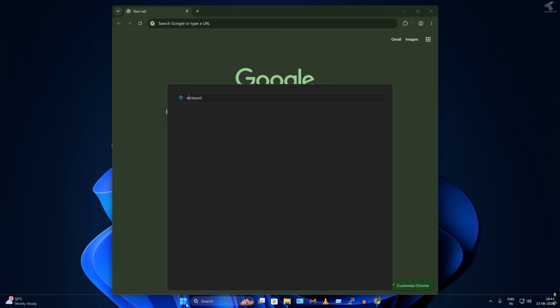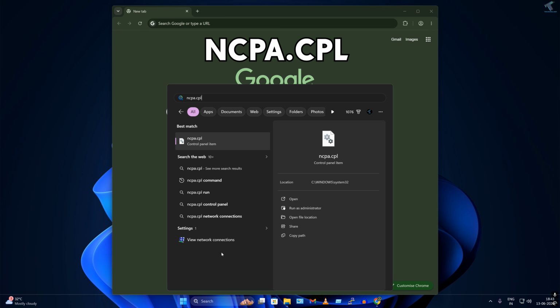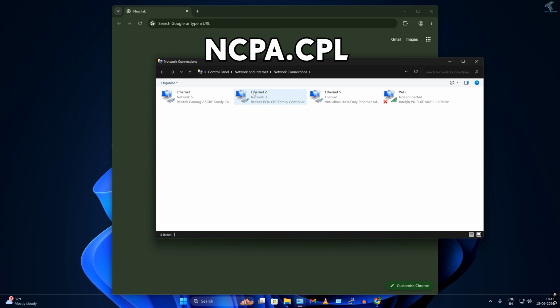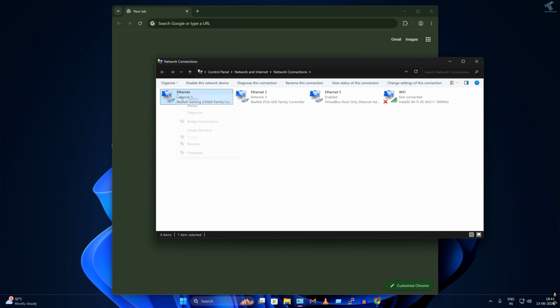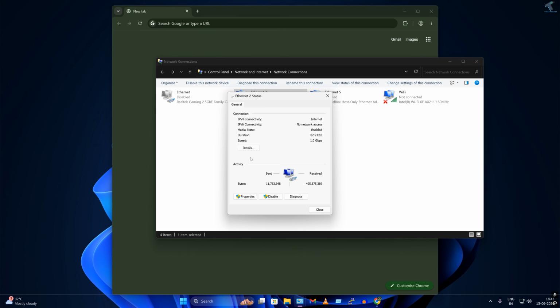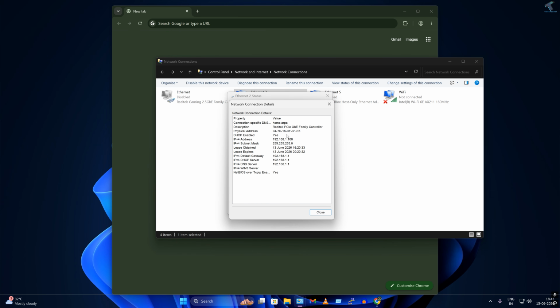Now here is my main PC. I will type ncpa.cpl, the command I will provide in my video description. Now here are my two LAN cards. I will disable the one which I am not using, and here's my LAN card which is connected through USB Ethernet. If I go to the status, as you can see, the IP address I'm getting over here